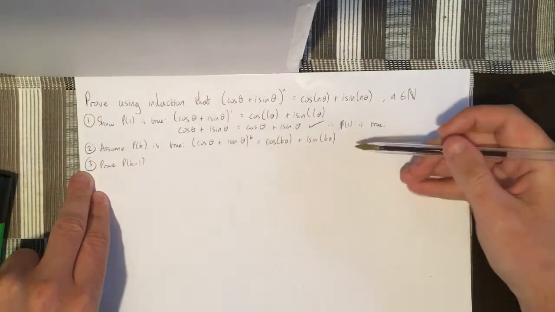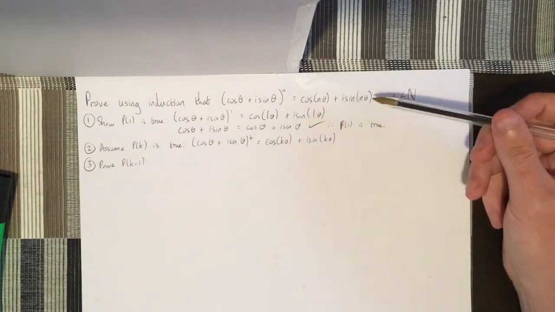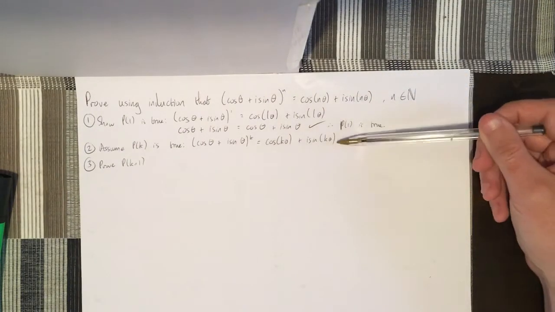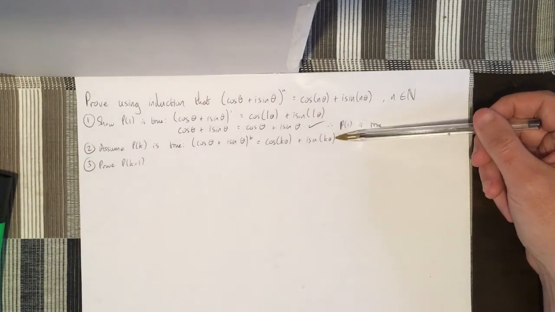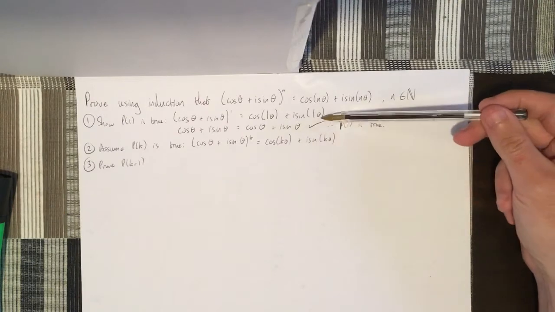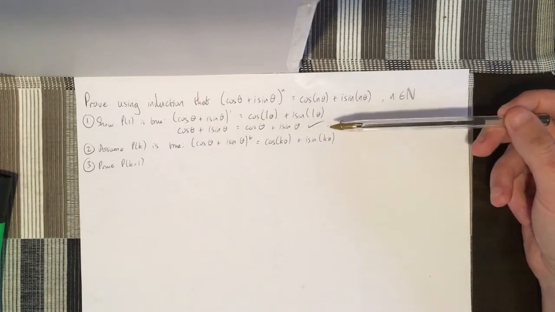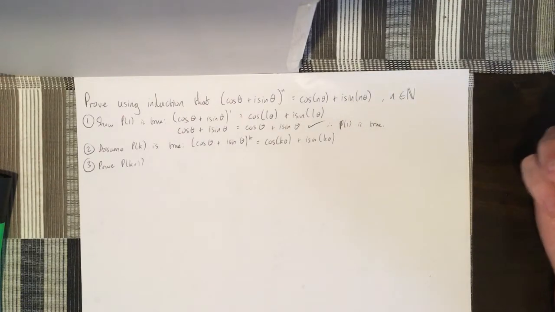P(k+1). Just to briefly stop there, when this came up a couple of years ago, like a lot of induction questions, it was worth 15 marks, and you got 7 marks out of 15 for getting that Pk step right with the P1 step. So if you got those 2 steps, which are very, very straightforward, there's 7 out of 15. You have passed the question and a little bit more. Okay,